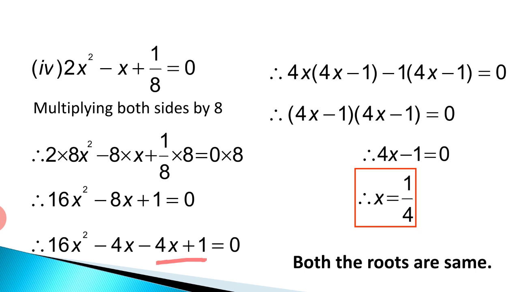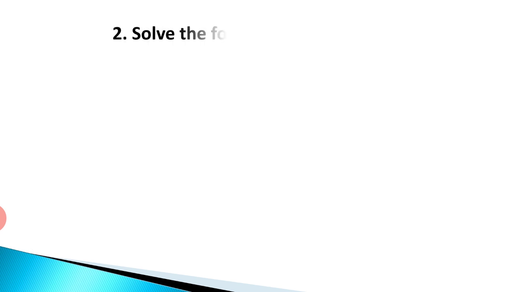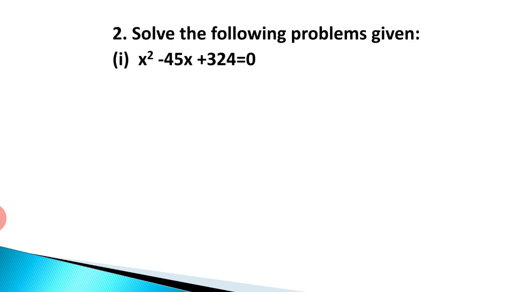Is it clear, children? So I hope you have understood the splitting middle term method, which we have studied already. So it was just a quick revision of that particular method. Focus on the quadratic equations having irrational numbers. Is it okay? Now let us go to question number 2. Question number 2 is very similar. Only thing is that